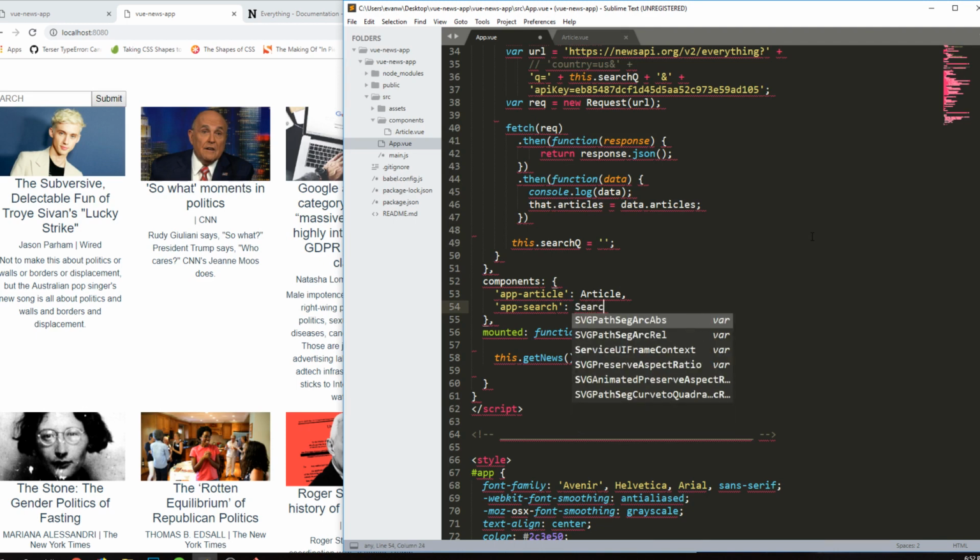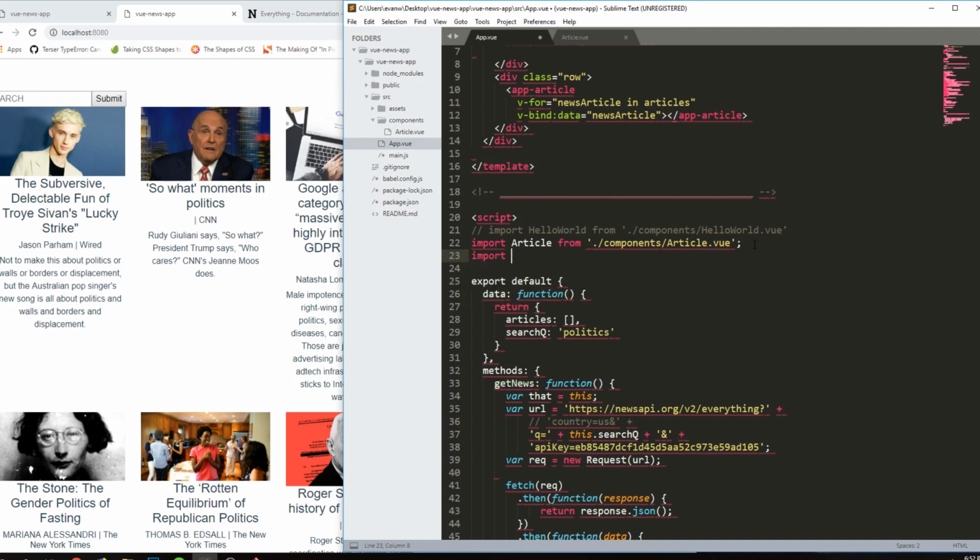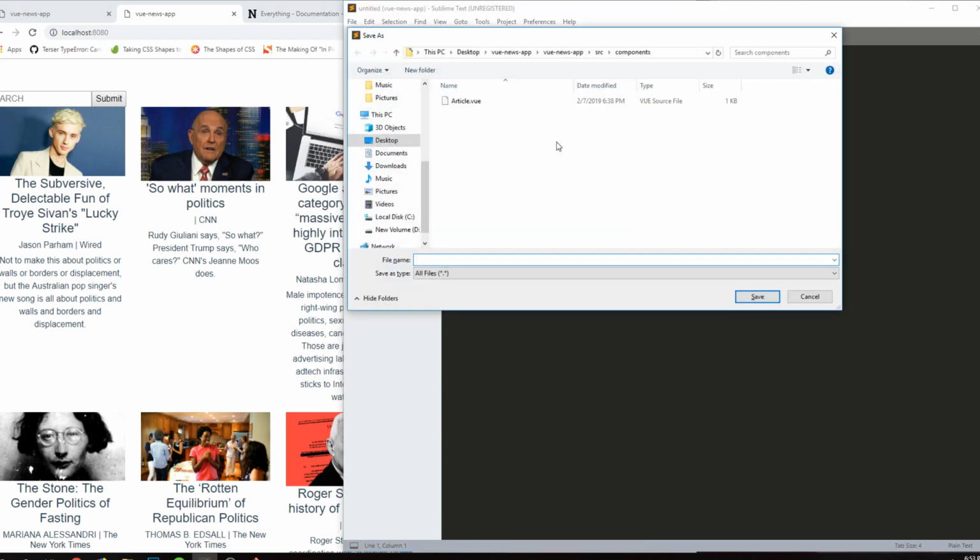Let's create a file called search.vue. And in order to recognize a file called search.vue here in my component registration, we need to import something called search from a file that's probably going to be called search.vue. And in order for this to work, we need to actually have a file called search.vue in the components folder. So let's create a new file, save it as search.vue,